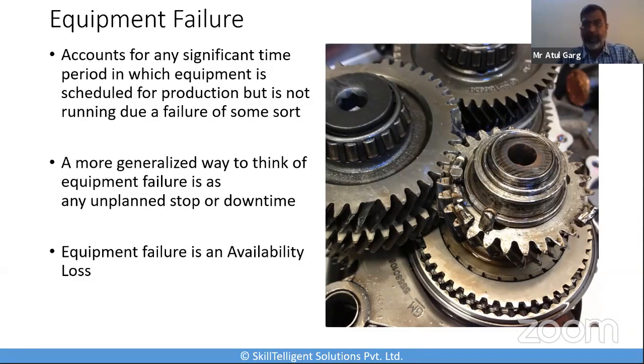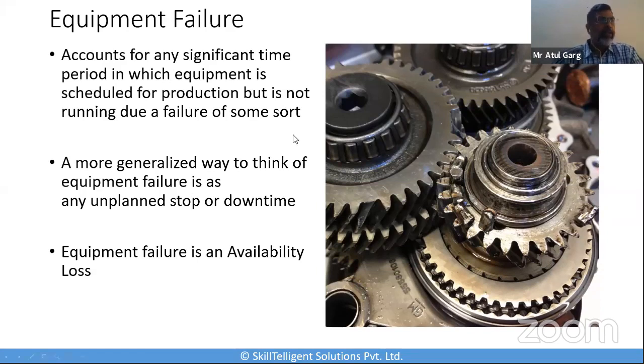Okay. So how do we distinguish? We set up a good rule of thumb, which says to set a threshold based on your policy for tracking reasons. Our policy could say that any downtime longer than 2 minutes should have a reason associated with it, and thus it shall be considered an equipment failure. If we said that any minor stop cannot be more than 5 minutes, then if it is a 10-minute stop, that means there is an equipment failure. But if it is 5 minutes, then it could be a minor stop. So it depends upon the policy we set up over here.